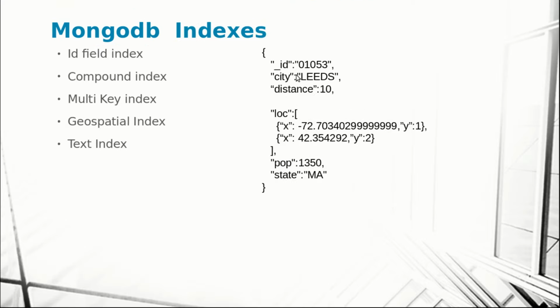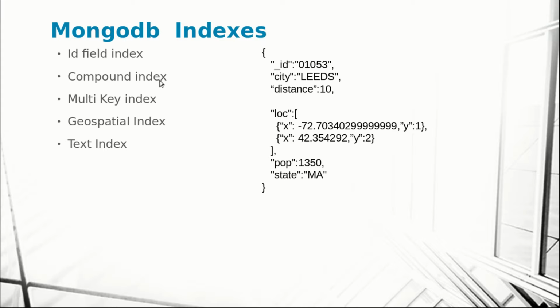MongoDB supports indexes, and those are very fast indexes, extremely fast compared to the indexes you find in traditional relational databases. You have the ID field index. The moment you create a document, it will be indexed using the ID by default. This is the ID index, underscore ID, and on the right side you see the ID. Once you create this document in the MongoDB environment, MongoDB will index it using the ID field.